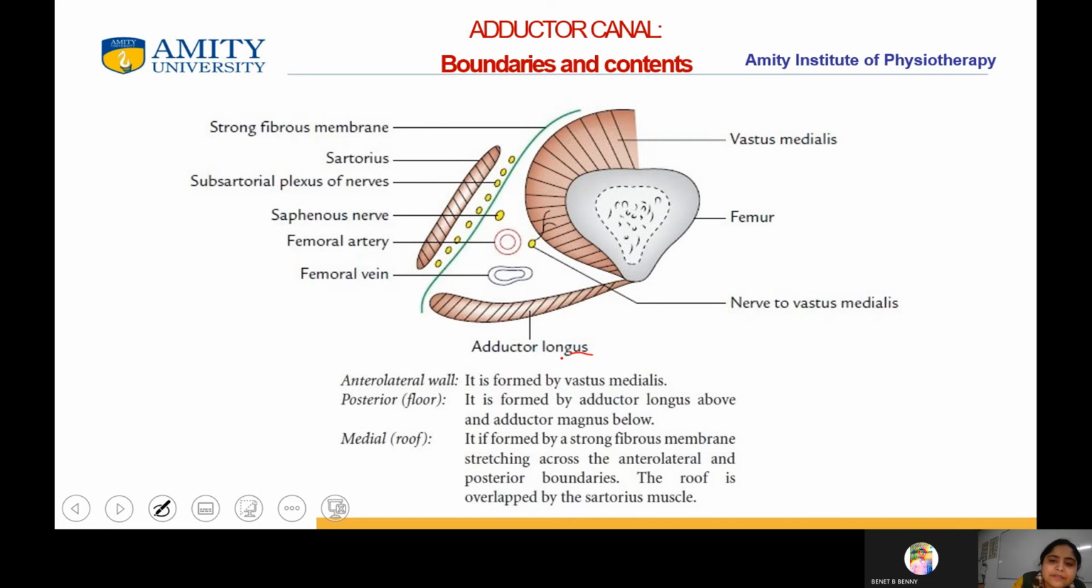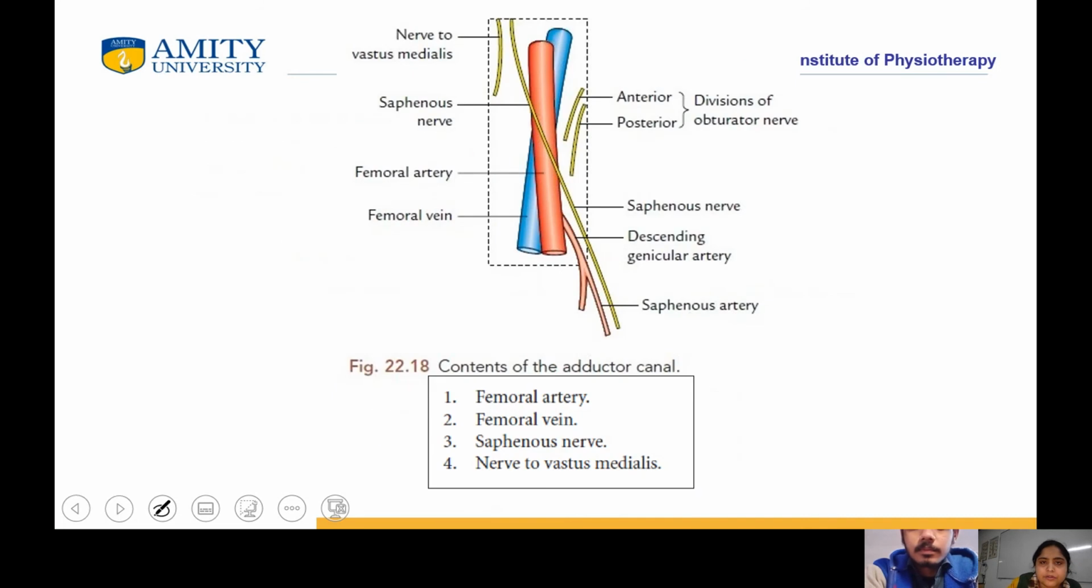So when we talk about the adductor canal boundaries, we have the anterolateral wall, which is formed by the vastus medialis, the posterior wall, which is formed by the adductor longus above and adductor magnus below it, and medially it is formed by a strong fibrous membrane that is stretching across the anterolateral and posterior borders. Okay, so these are the contents of the adductor canal, that is the femoral artery, femoral vein, saphenous nerve, and